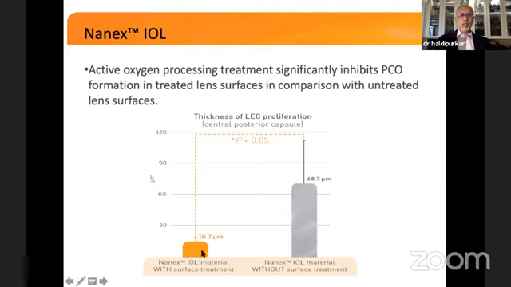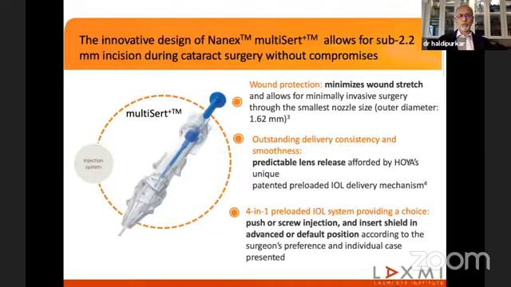This is a Nanex IOL material with a surface treated with active oxygenation, whereas this is an IOL material without the surface treatment, and you can see a significant increase in the thickness of LEC proliferation on the central posterior capsule. Let's come to the innovative design of Nanex Multicert, which allows surgery through a sub 2 millimeter incision during